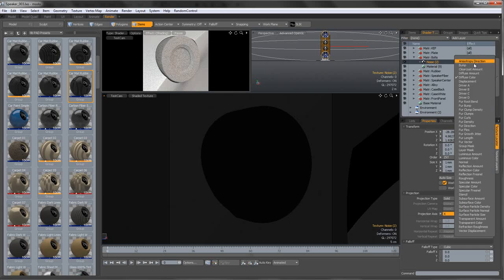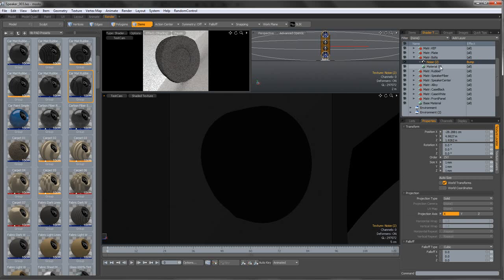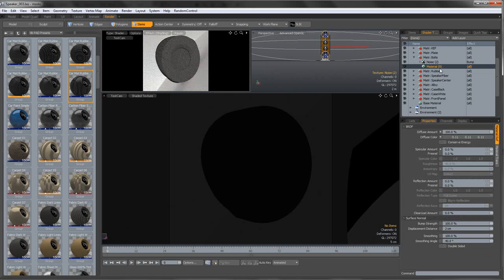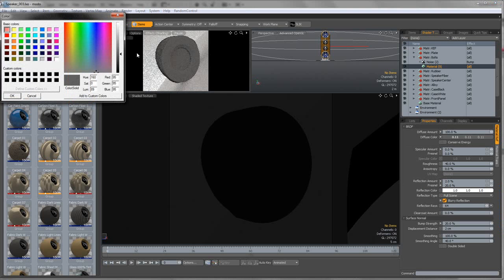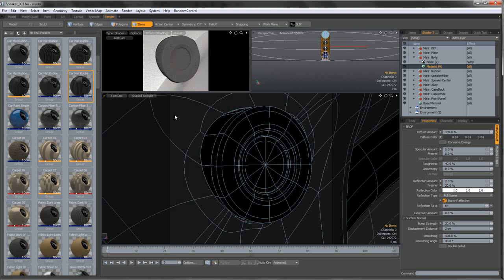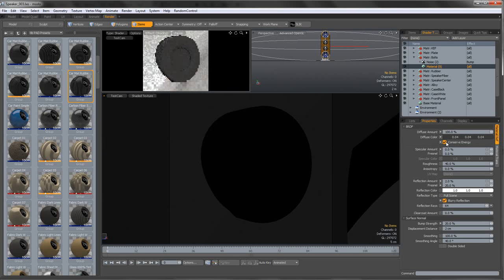Yeah, 1 millimeter. We're gonna change this to bump, and we're gonna change the bump strength to 20, and the reflection amount at 2. Fresnel 20, and we're gonna turn on blurry reflection. Also gonna give it a darker color, and we're gonna turn conserve energy on, and the specular amount of 30